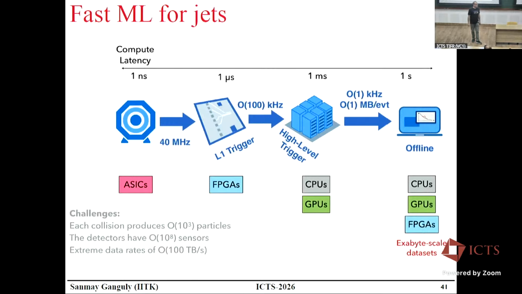Sanmay, on this note, I just want to say we need more advanced electronics to capture all these events at trigger level. Sure. I must say that machine learning is never bypassing detector and instrumentation development. It's on top of all the technological developments. That side is absolutely crucial. It has to be there. But nonetheless, whatever you can achieve with the latest and greatest hardware advancements, machine learning has the promise to make your life better on top of that.